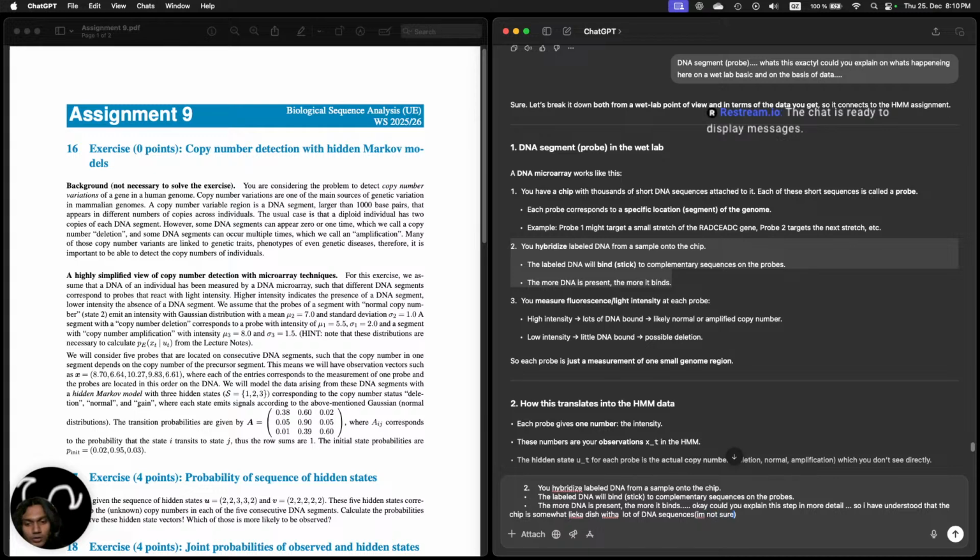I'm not sure if they are broken into small sequences or long sequences. And these probes, so I'm guessing the chip has DNA sequences that are separated with their